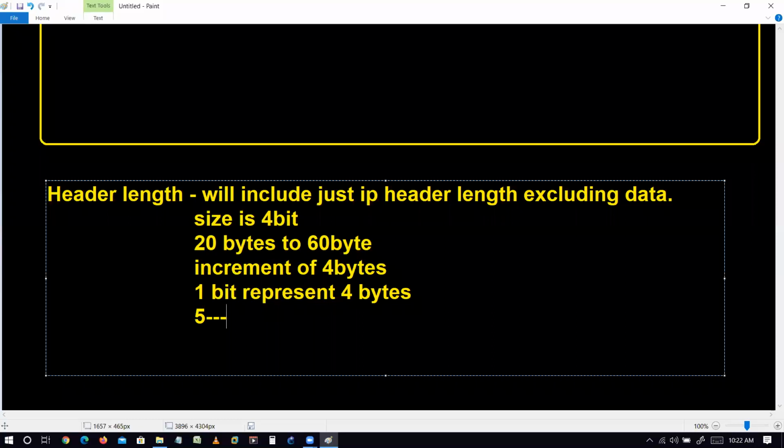It will add 0 1 0 1, because this is your 5: 1, 2 and 4. So 4 and 1 are enabled, these 2 bits are on, it means the number is 5. So whenever the device sends the packet out and the header size is 20 bytes, the header length field will look like this. Okay, it is clear. So guys, any doubt in the header length? It's clear to all of you.